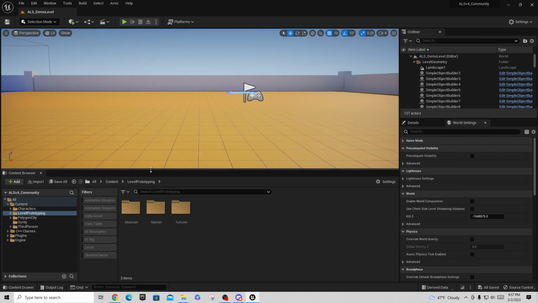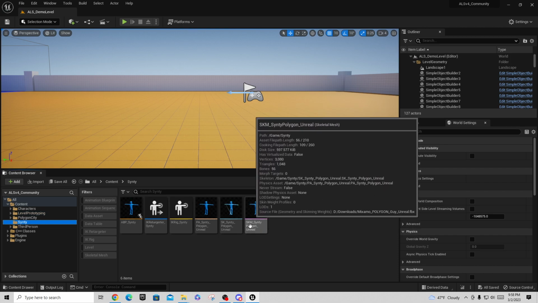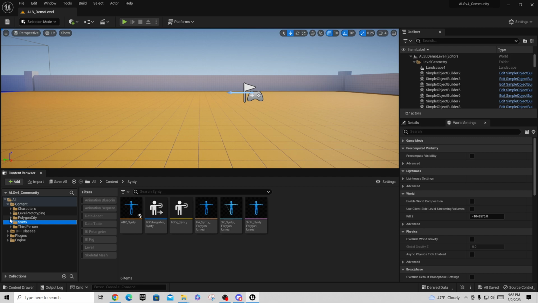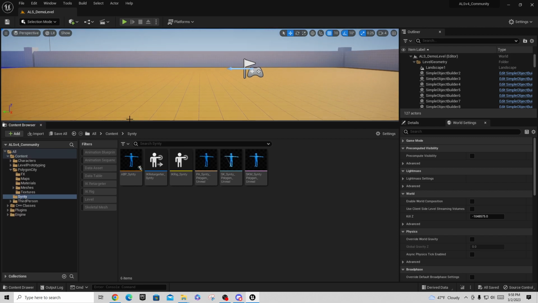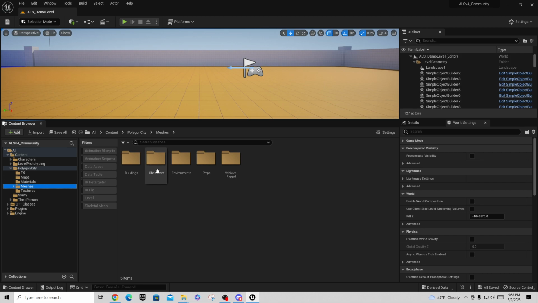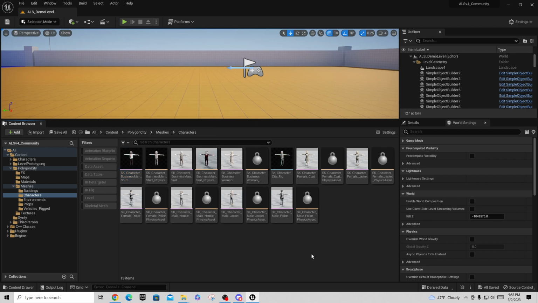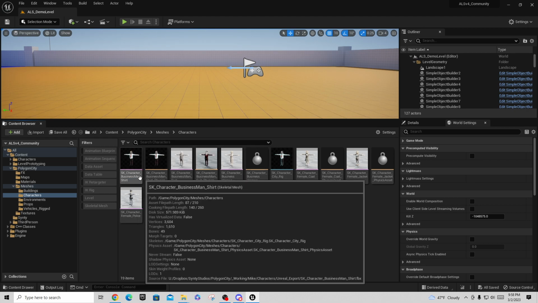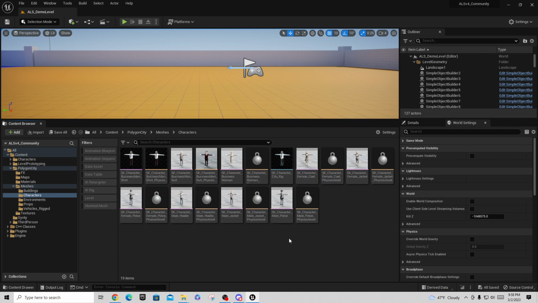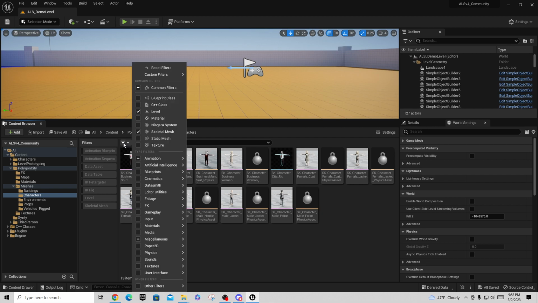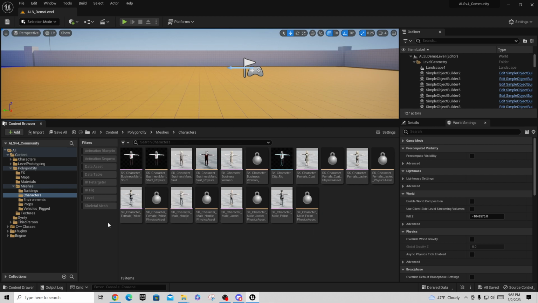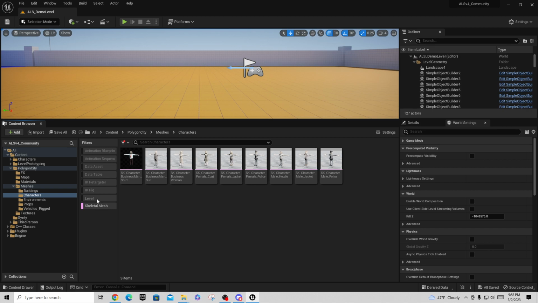And what you should be able to do now, because you have this Synty asset in here, the Synty Polygon and real character, is go into your mesh for your characters and take this guy here and say skeleton. Just right click on any of these skeletal meshes, okay? And if you want to minimize your frustration here, there's a little filter button. You can go in here and pick skeletal mesh, and it'll put these little filter buttons on here. So when I hit these, I can pull up things that I'm looking for specifically. You probably want to set these up for yourself. But if you go in here and you right click